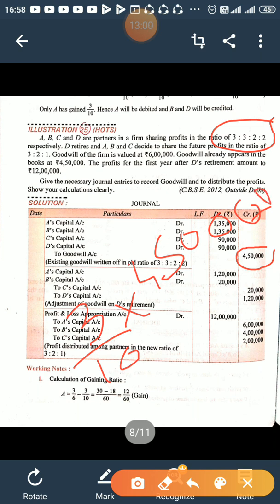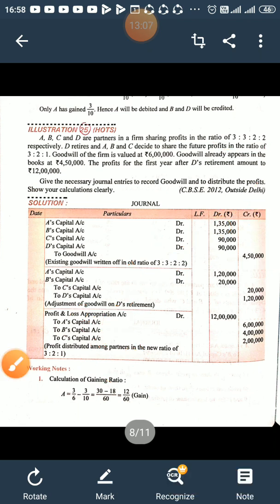4,50,000. So 45,000 multiplied by 3, that is 1,35,000. So A will be debited with 1,35,000, B will be 1,35,000, C and D with 90,000 each. Now another step is we have to calculate who is gaining and who is sacrificing, because new profit sharing ratio